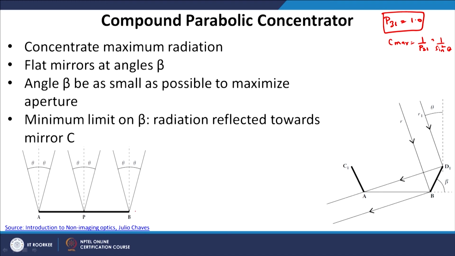Let us say we have an absorber plate, a flat absorber plate. So, AB is an absorber plate. This could be a simple silicon plate or whatever. So, we have a flat plate and it receives radiation over an angle 2 theta. So, solar radiation is coming onto this plate within this angle 2 theta.